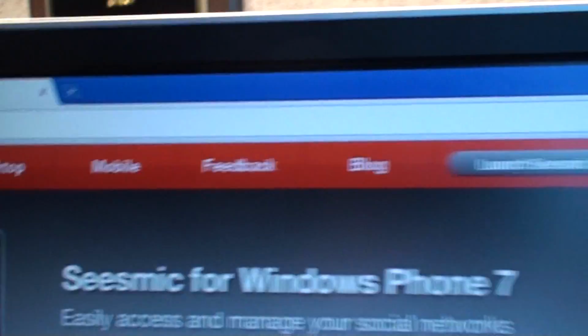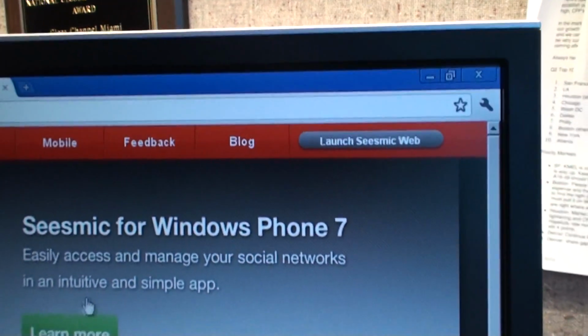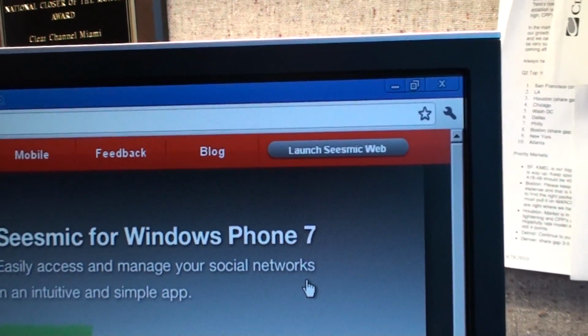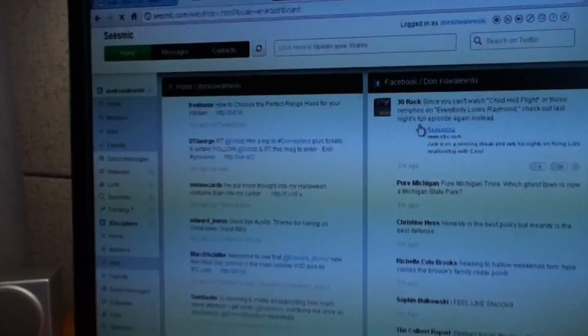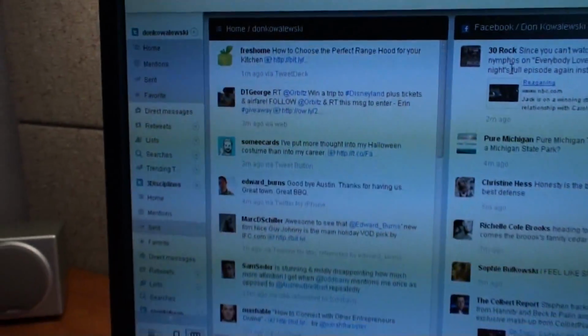Here's all the things you can do. The desktop download, lots of different things. The blog. The blog is a great blog about branding yourself in social media. Lots of great stuff on there. But what we do is launch Seesmic Web. And if you set this up correctly, what you're able to do here, Nate, is this is kind of how